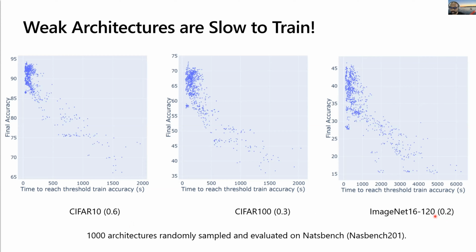But you will note in the times, look at the difference in the x-axis to get to 20% accuracy. Things take much longer here than they do in CIFAR 10, right? Because this is a much harder task for the same search space of architectures, and so they have to do a lot more epochs of training. But this is naturally exposed to you when you set a training threshold coming from a shallow method, as opposed to hunting for it on your own, right? Because how much harder is ImageNet 16 than CIFAR 10? I can't really tell you other than it's harder, qualitatively, and this quantification can just come from your shallow method.